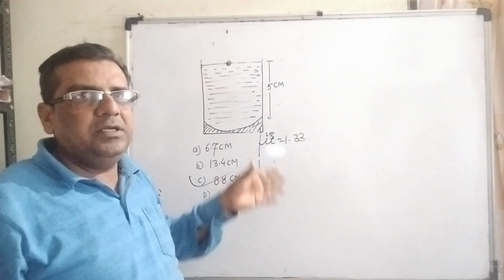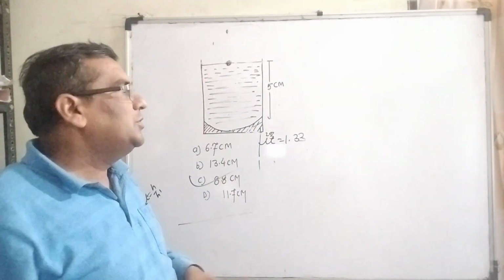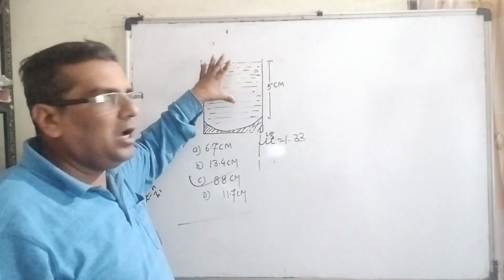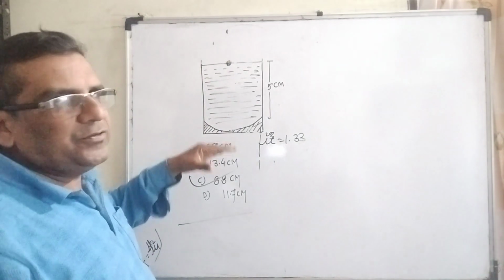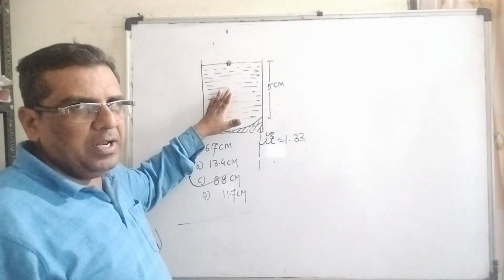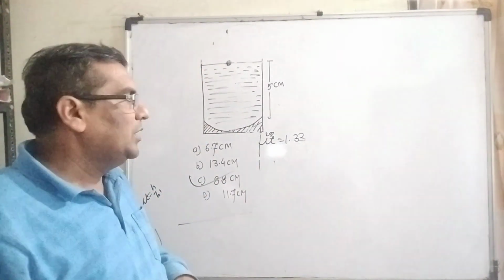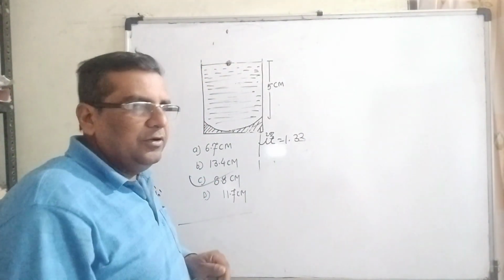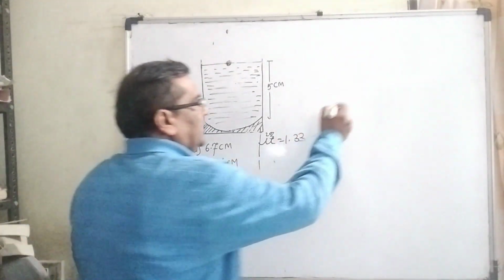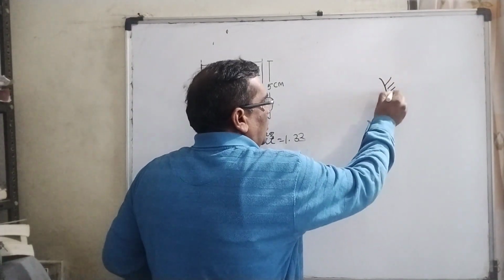It means apparent depth and apparent height, so this concept is based on apparent depth. First we have to use the mirror formula and then we use the apparent depth and apparent height formula. For our convenience, we can consider this system as horizontal